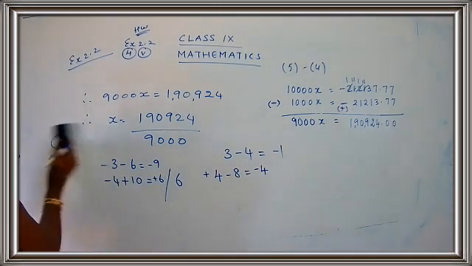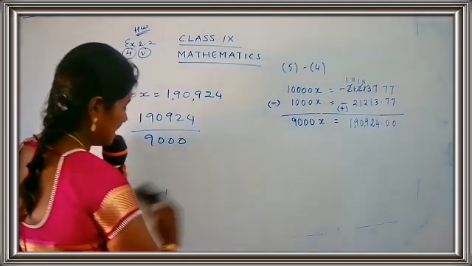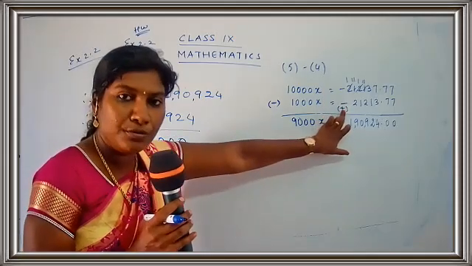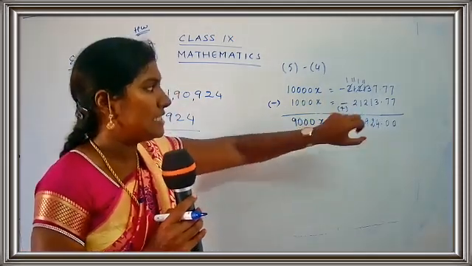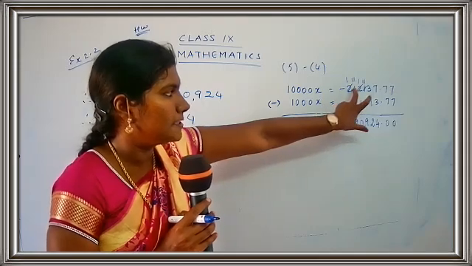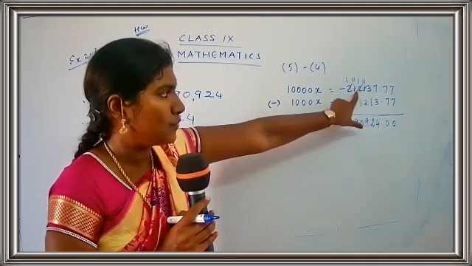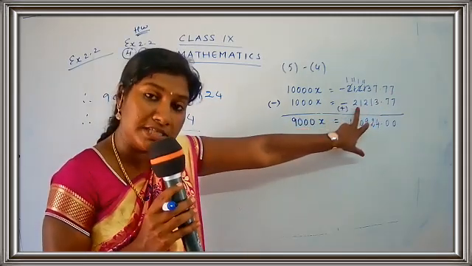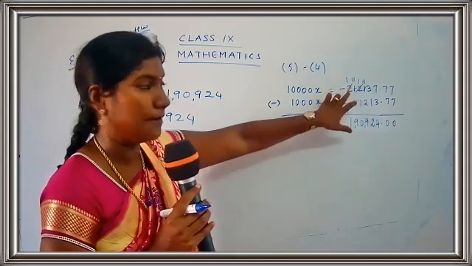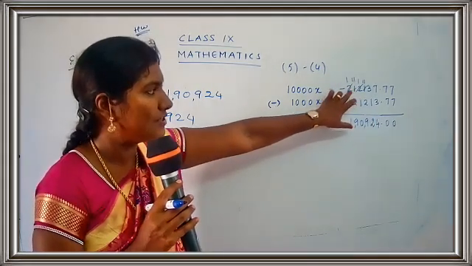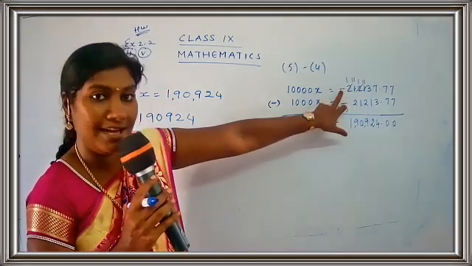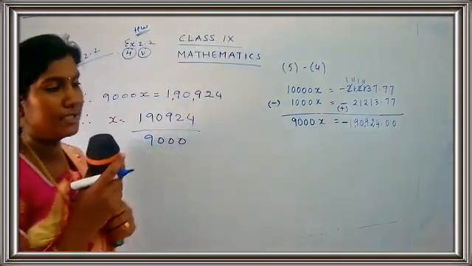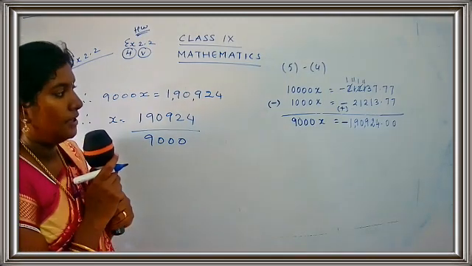Okay. In the same manner, we are just going to come over here. Let's see this sum. We have minus plus. So what we have to do? Minus. We did the subtraction. Now just tell me which is the bigger number. This number or this number? 2,12,137.77 or 21,213.77. Of course, the lakh number will be the bigger number. So what is the sign of this number? Minus. So the answer will be minus. Just put your minus sign, children.